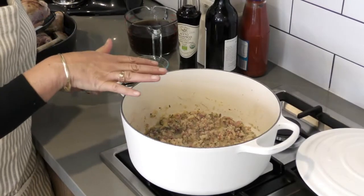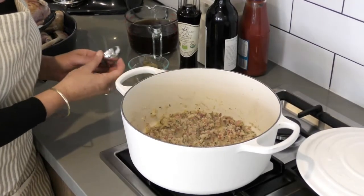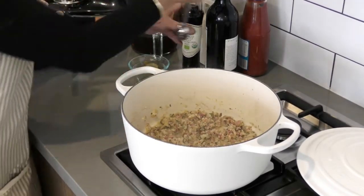So next, when you can see the onion change colour, we then add 2 tablespoons